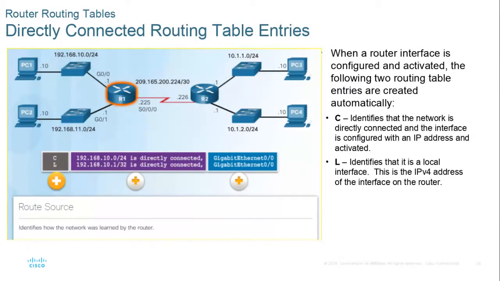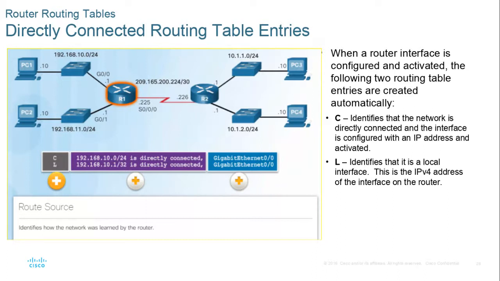So router interfaces, when we configure router interfaces, it's just like when we did that interface VLAN on the switch and we gave it the address and we did the no shutdown command. On a router, we're going to have our two Ethernet ports here, G0/0, G0/1. We're going to configure them with the proper IP address, and then we're going to type the no shutdown command. And as soon as we do that, automatically on Cisco routers, any port on the router, any interface on the router that's up and up, because you typed no shutdown, you gave it a good IP address, it's automatically installed